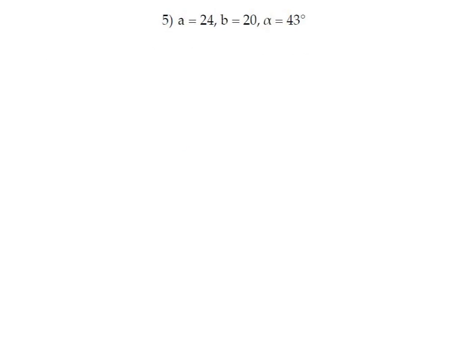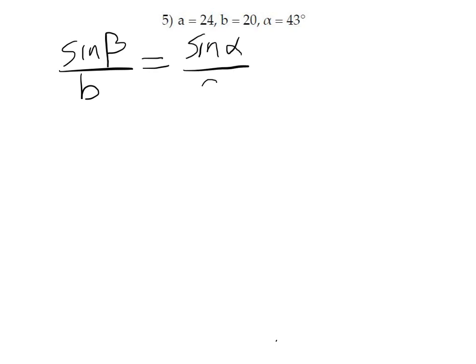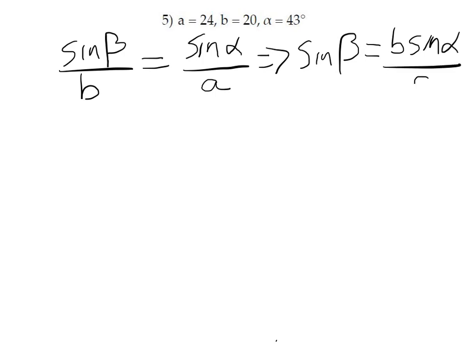How many possible triangles for this set of information? A, B, alpha. Notice we have an opposite pair, A and alpha. So we'll use the law of sines. And we have B, so we can find beta. Anytime you use the law of sines to find an angle, you have potentially two answers. So let's set this up and see how far we get. We can solve for sine beta. Sine beta is B sine alpha divided by A. When we plug our information into our calculator, we get sine beta equals